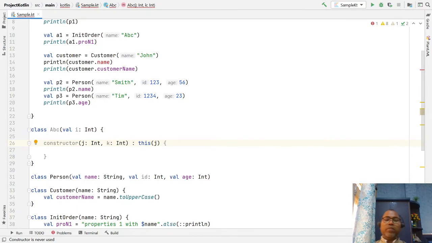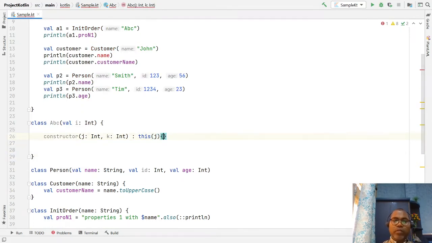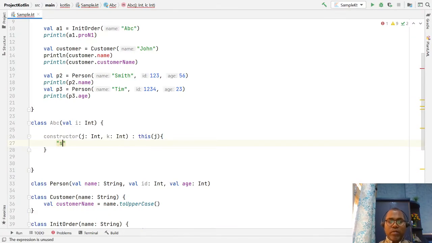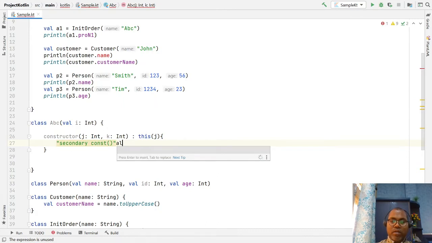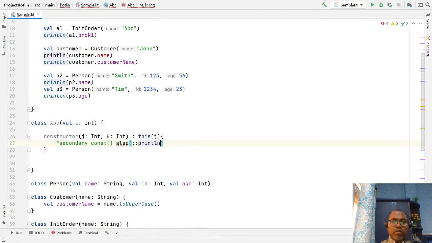So we have options: this is the primary constructor and this is the secondary constructor.